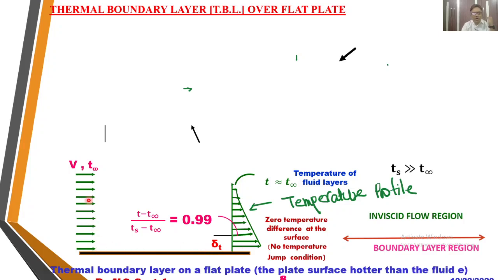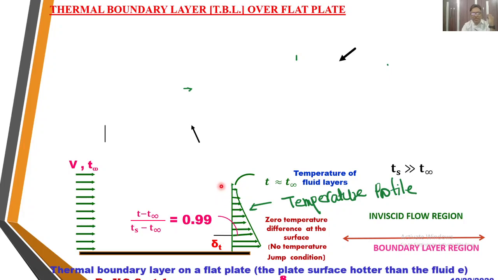So if a cold fluid is flowing over the hot surface, the temperature of the fluid which is in contact with the surface will be equal to the surface temperature, that is Ts, and because of temperature difference between the two fluid particles of the adjacent layer, temperature will go on decreasing as we move away from the plate surface